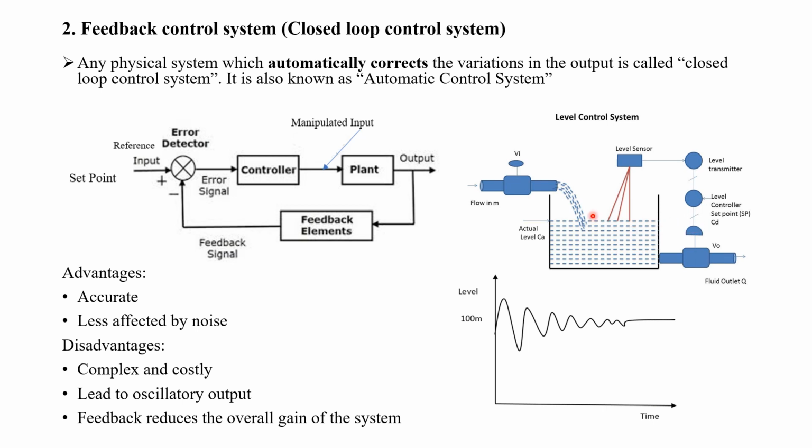So the outlet valve will be somewhat closed to increase the level from 99 meter to 100 meter. Due to this action, the tank level will not be exactly equal to 100 meter. It is somewhat increased to 100.5 meter. This 100.5 meter will also be sensed by the level sensor, and it is given to the level controller through the level transmitter. The set point is always 100 meter height because we need 100 meter height for this level tank. Now the difference will be 100 minus 100.5, that is minus 0.5. So the error signal will be minus 0.5. This will be processed by the level controller, and it is given to the outlet valve position.